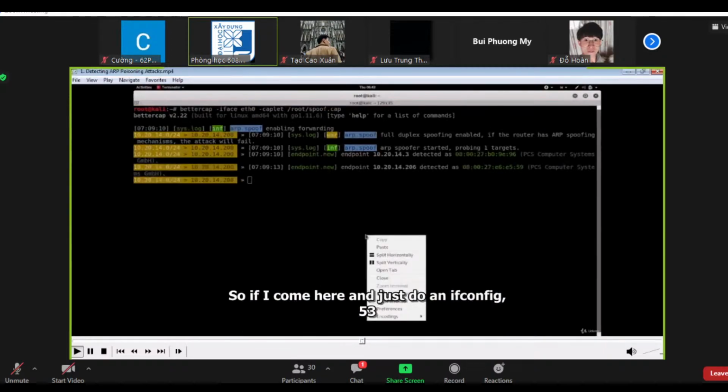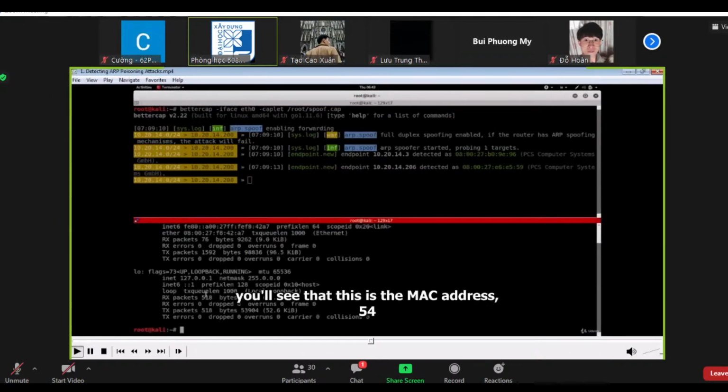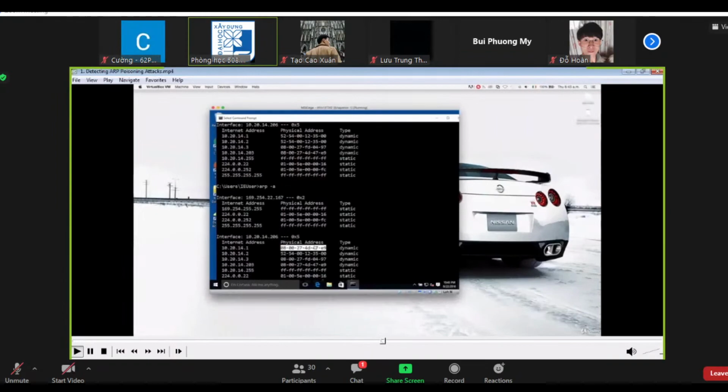So if I come here and just do an ifconfig, you'll see that this is the same MAC address that is displayed in here. So this is the easiest and the simplest way to discover ARP poisoning attacks. It's not the handiest way though, because you're going to have to keep doing this command and keep comparing the entries if you really wanted to check if you're